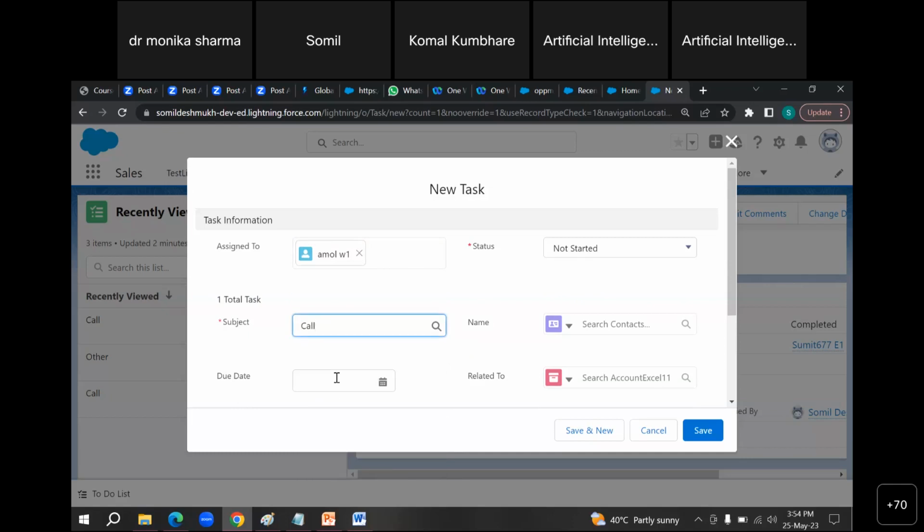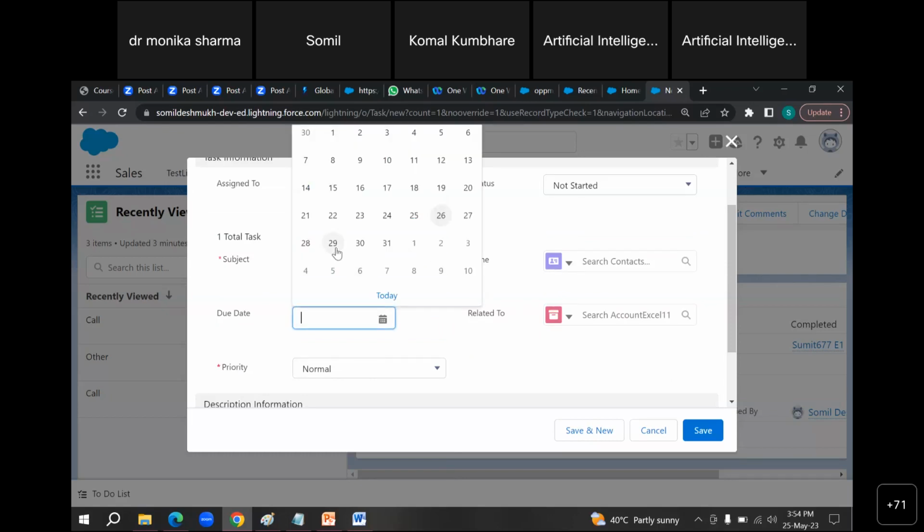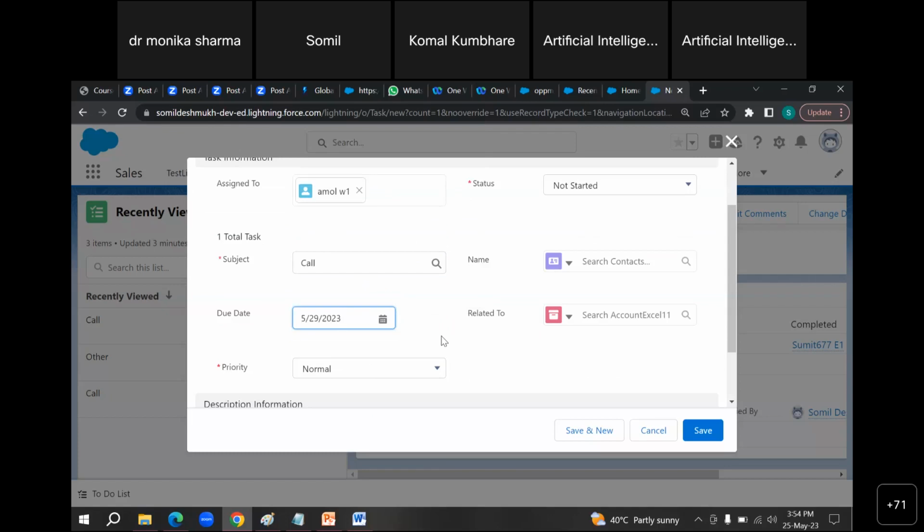Calling is the task. When or till which date does that have to be done? That would be in the due date. Within the due date, you can keep a date, like by the 29th it should be completed. So you have to give a target date also.